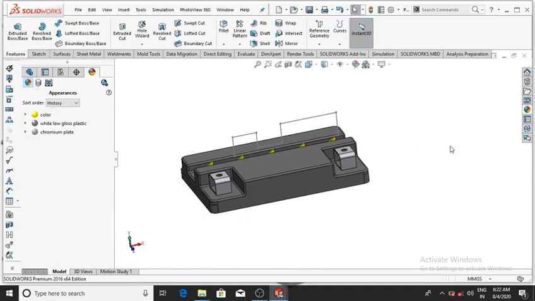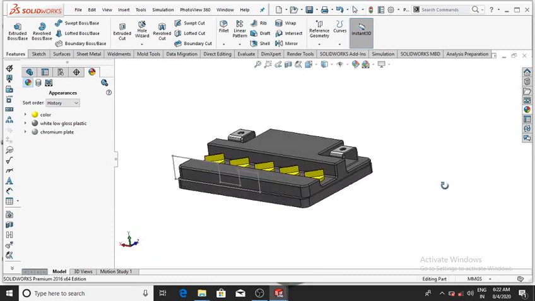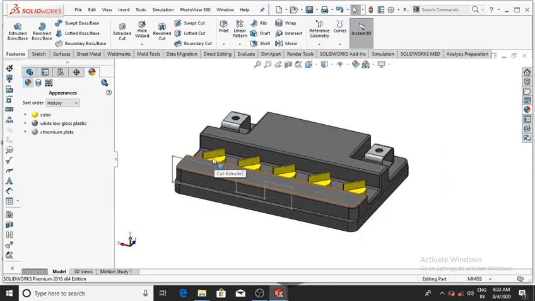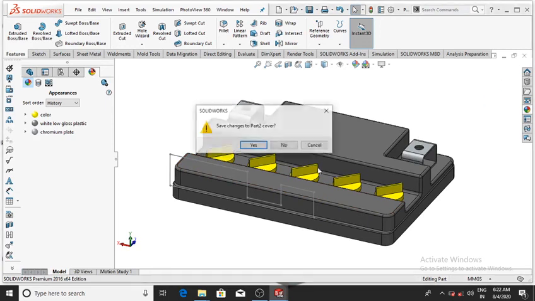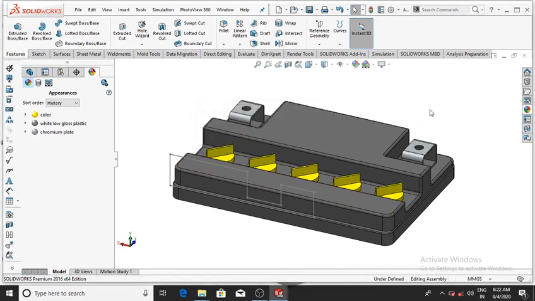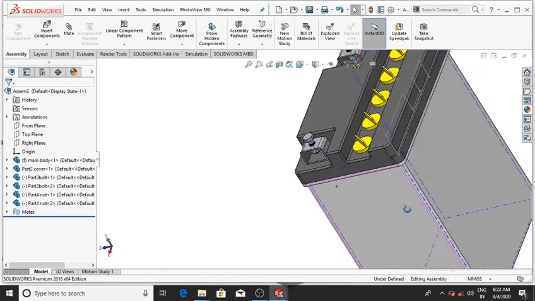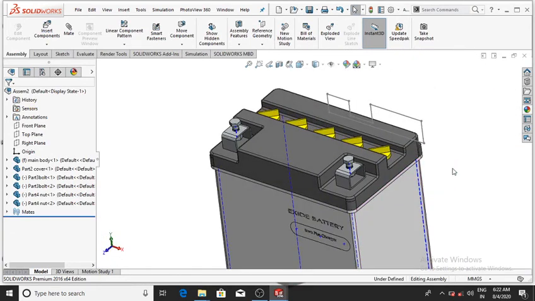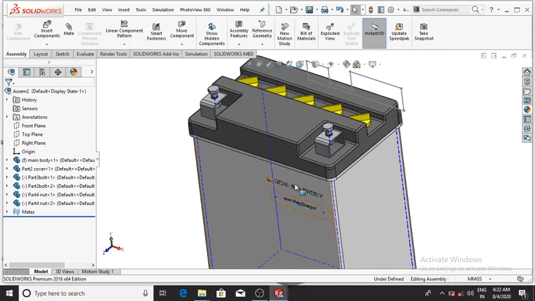Now it will be converted to a metal body and all the rest of the body will be plastic. Then exit the sketch and change the shape, now it looks good. So we designed the simple battery in SolidWorks.